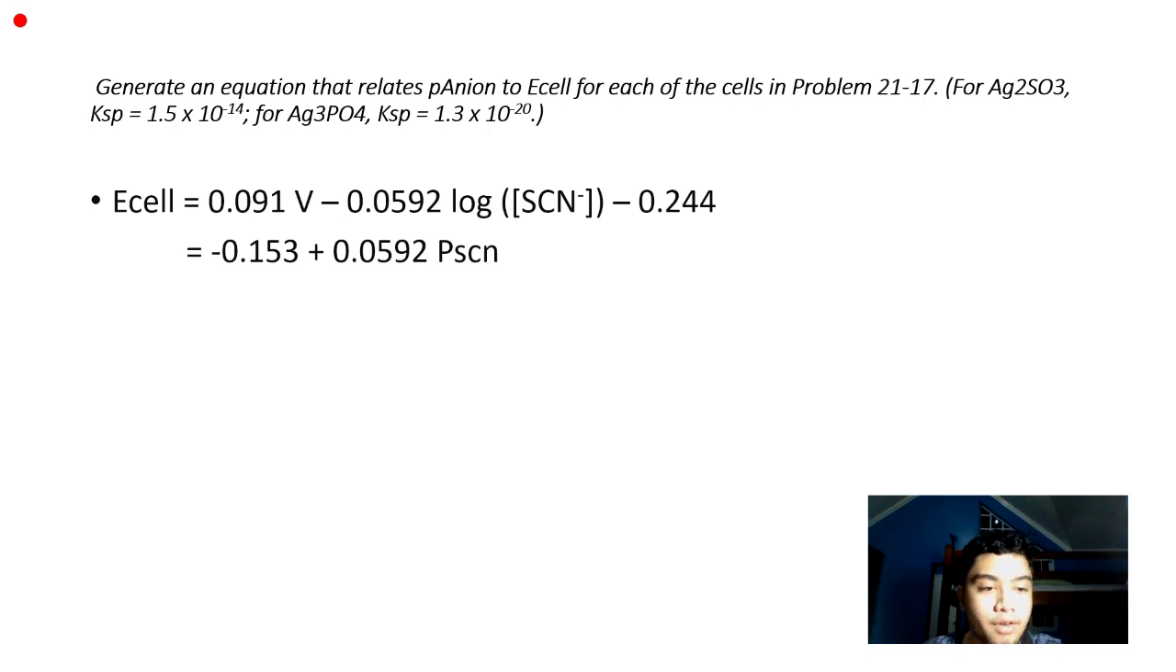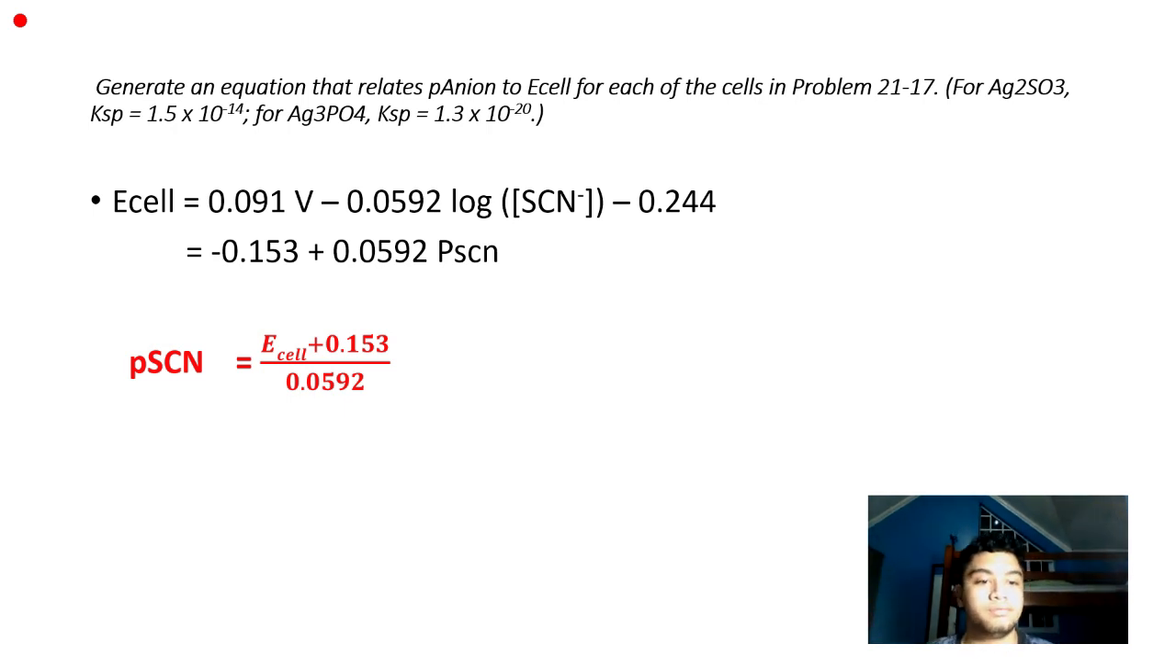Since we are finding pSCN, we transpose it to the left, then using once again algebraic methods and simplifying, we get that the pSCN is equal to the E cell plus 0.153 all over 0.0592. Now moving on to the next part. So for C,